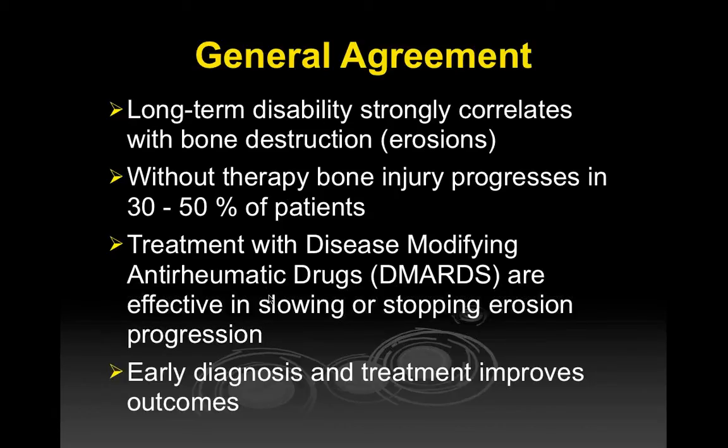The treatment with disease-modifying drugs are effective at slowing or stopping the progression of the disease. And there's some papers to suggest if you treat it very early on, you may cure the disease and abort the disease. And also what's clearly shown now in a number of studies, early diagnosis and treatment improves the outcomes in these